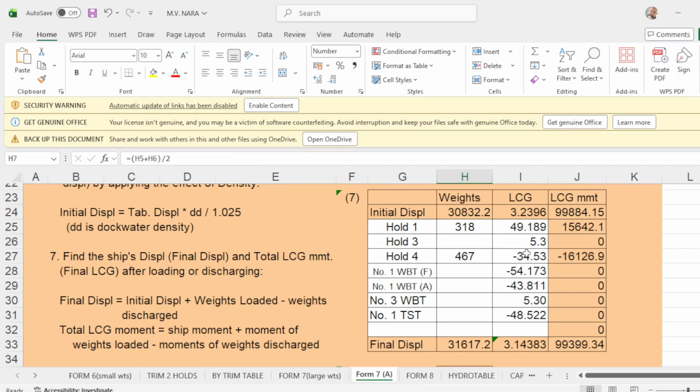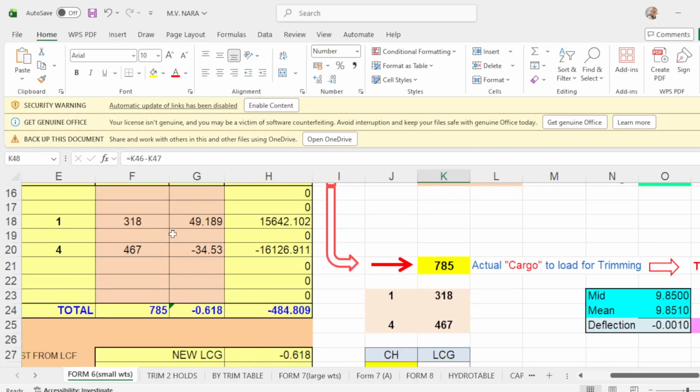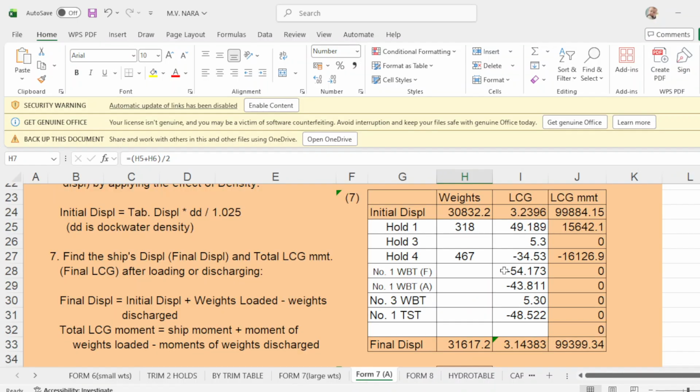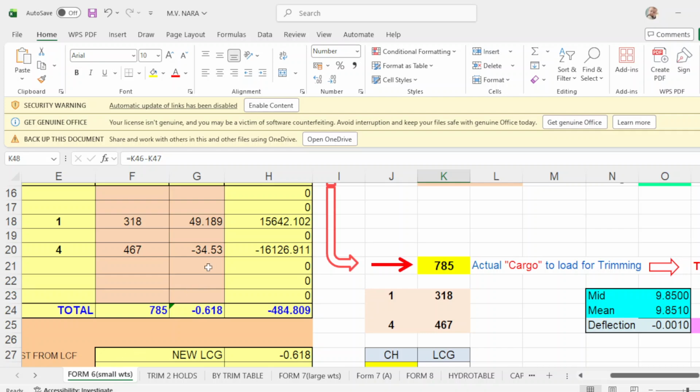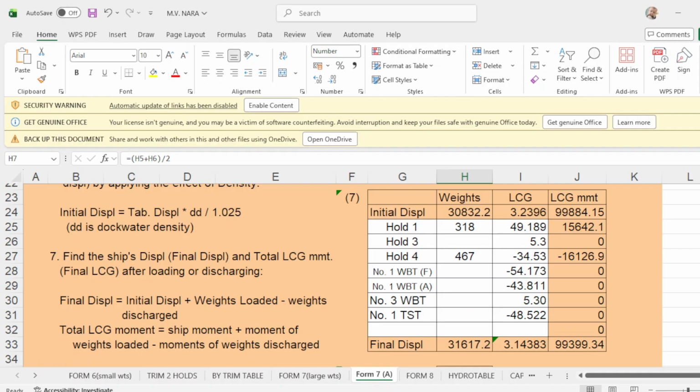The corresponding LCG, okay, number 1, LCG is 49.189, 49.189, and number 4 is negative 34.53. Negative 34.53, okay. Then you scroll down.